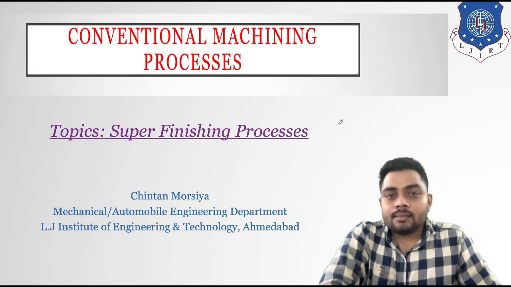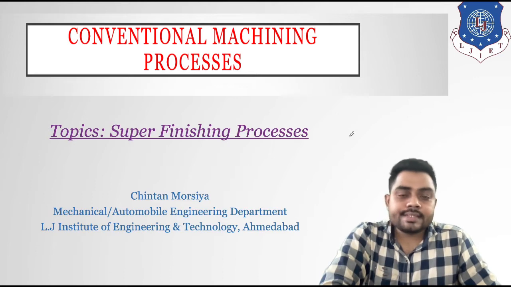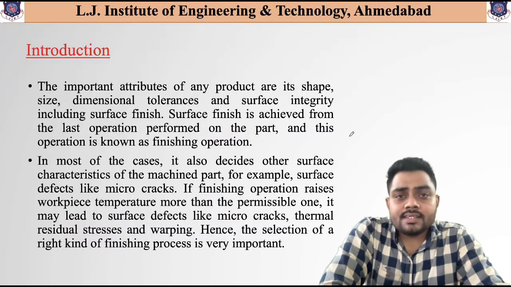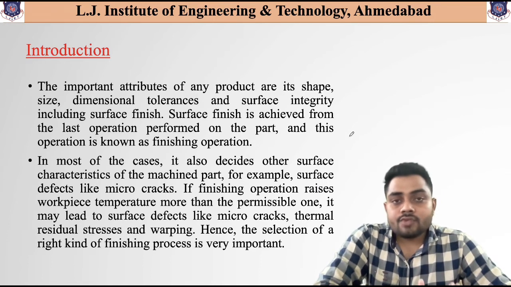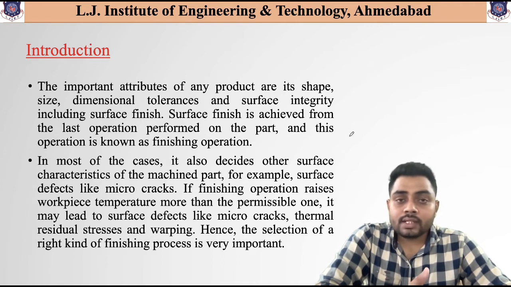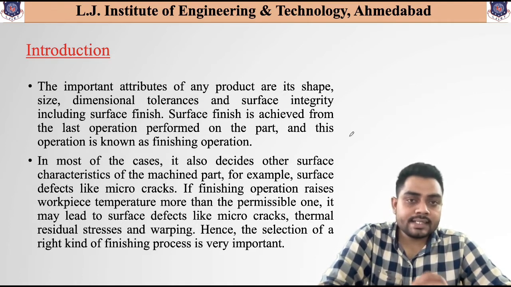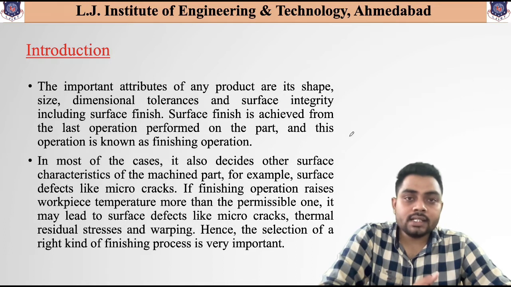Hello students, welcome to the next lecture on conventional manufacturing processes, and in this lecture we will discuss different super finishing processes. So first of all, let us understand why these finishing processes are required. Now we know that during machining operations we are removing a large amount of material, and due to the removal of the large amount of material the cutting speed is also higher and there are chances of the surface being rough, and at the end of the machining processes we are not getting exact smooth, shiny surfaces. Now to make the surfaces smoother, shinier and finer, we must use different finishing processes,